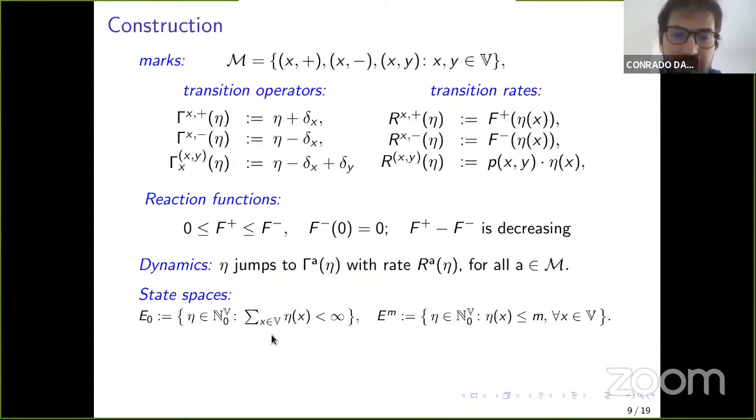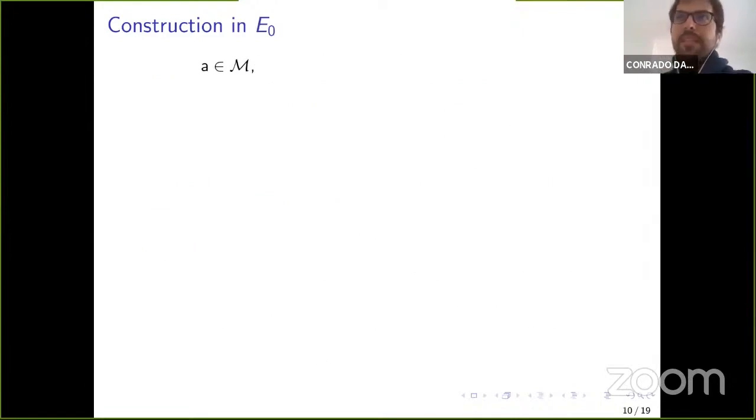So as we'll see, that's not the whole story. We can go beyond that. We can find a space E alpha that contains both E0, the finite configurations, and the uniformly bounded ones. And this is what we call the Liggett-Spitzer extension. And I'll say a few more words on that. But for now, that's how we start. So let's start our construction from the